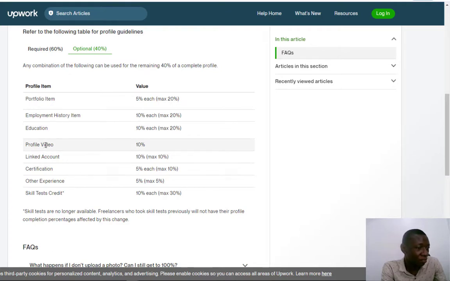Then adding a profile video, I really insist on this. It will add you 10%, but I can say try to be unique. Most of the freelancers don't have the profile video, but I guess it's something that will put trust and some relationship between you and the client.